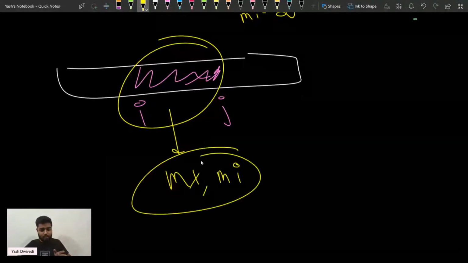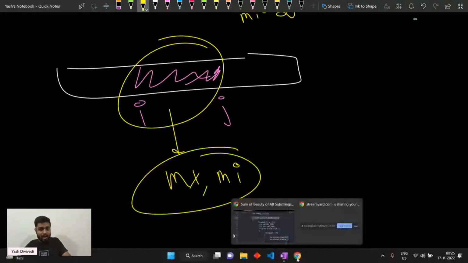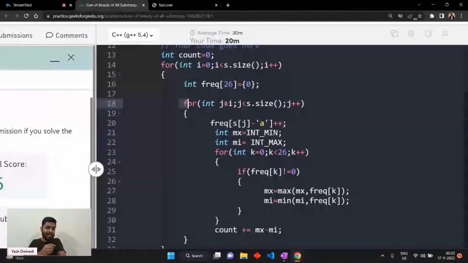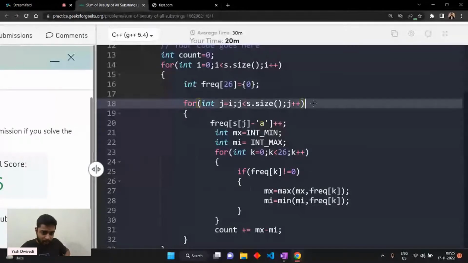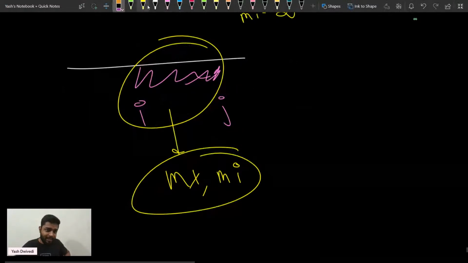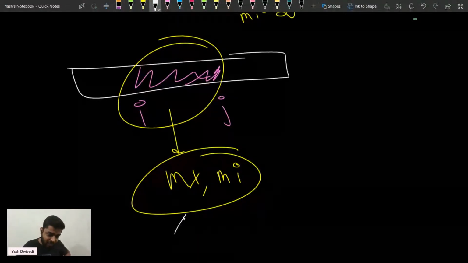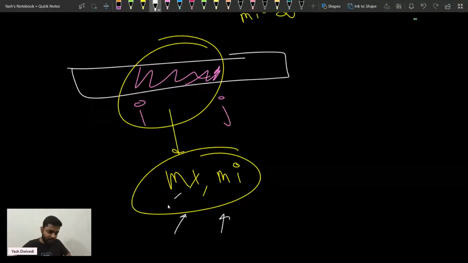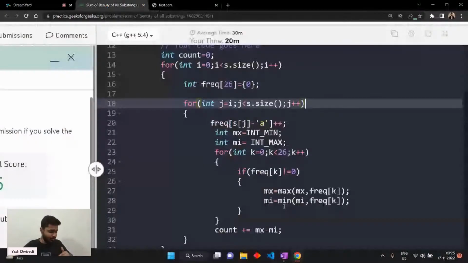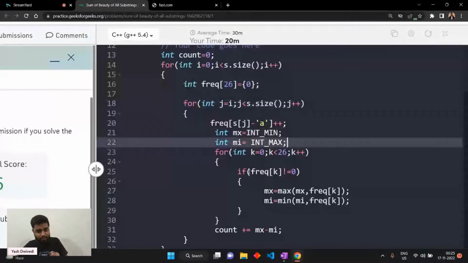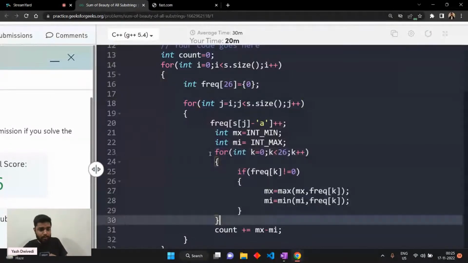So after the j loop is over, from this i till this j, if I'm considering the substring, then I need to have maximum and minimum as basic. Maximum should be negative infinity and the minimum should be positive infinity. They should be initialized there, because for this particular i to j, please write ij in the chat. From this i till the j, I am considering the frequencies, and the maximum and the minimum occurring character. That is why I'm